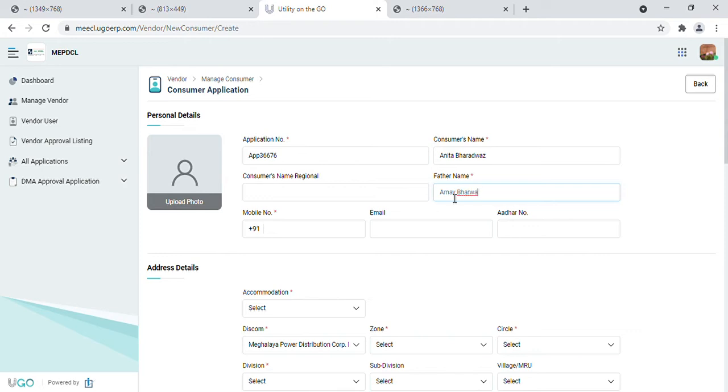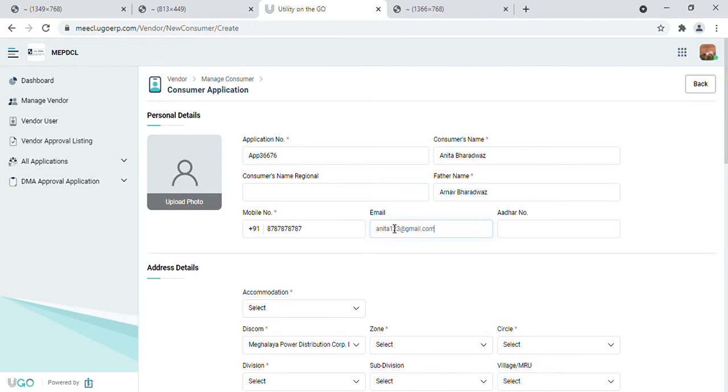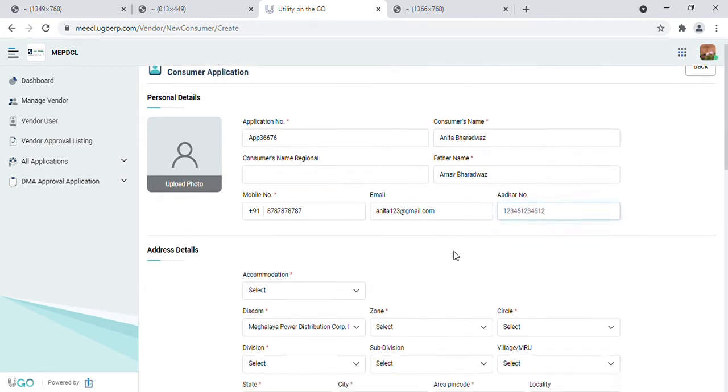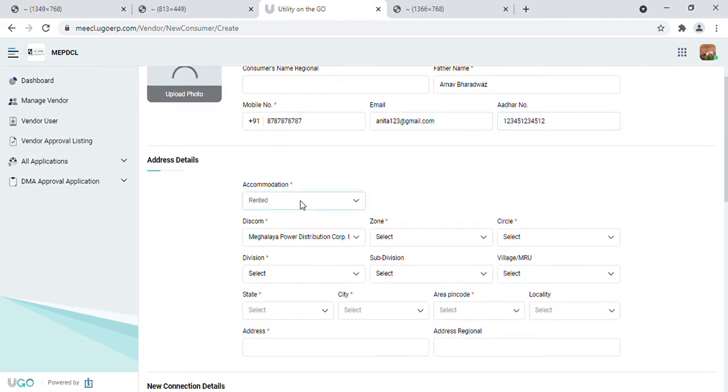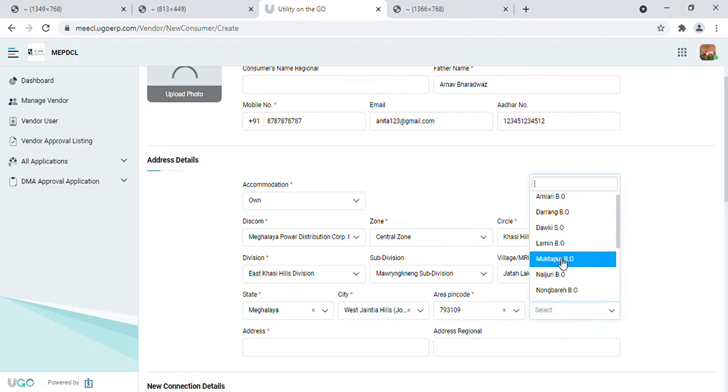Father name, mobile number of the esteemed consumer, email ID of the consumer, Aadhaar number, accommodation type, own or rented, complete hierarchy of the consumer's place, state, city, area, pin code, and according to the state, city and area pin code selected, the locality list will appear.